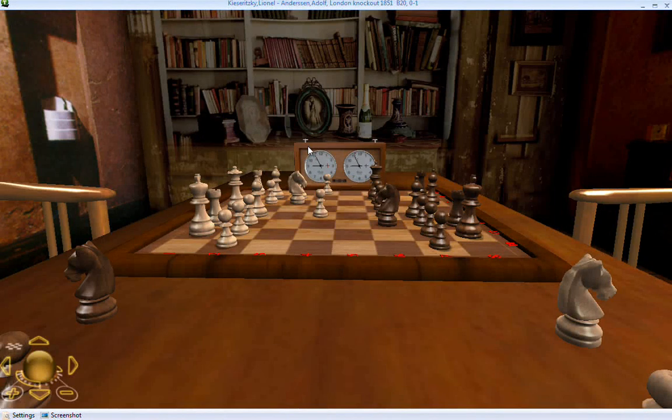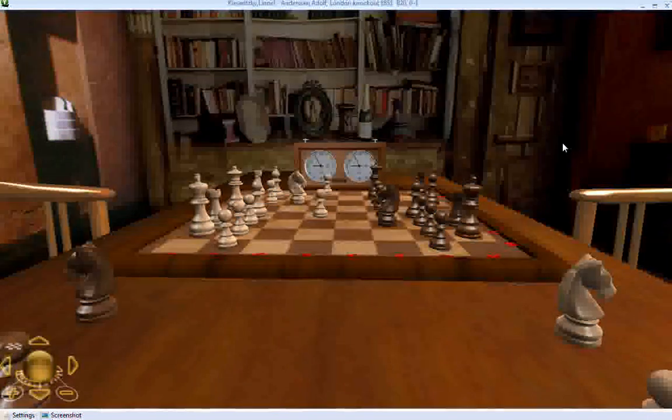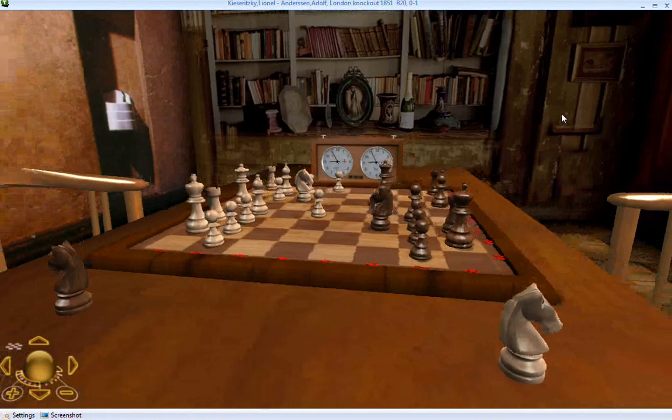Really cool stuff. But then again, this is probably a little bit later. This looks like an old black and white 1920s photograph of possibly a singer or an actress, but I can't quite make out who it would be. But this is like a real room. As you turn around,